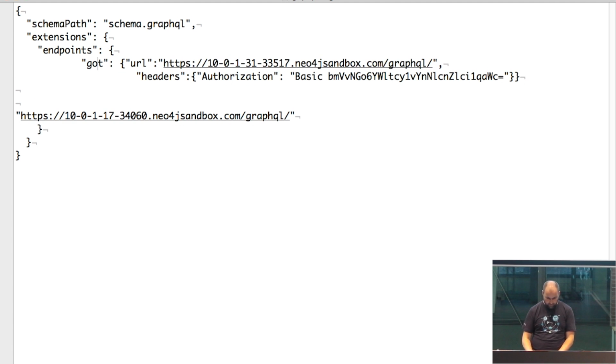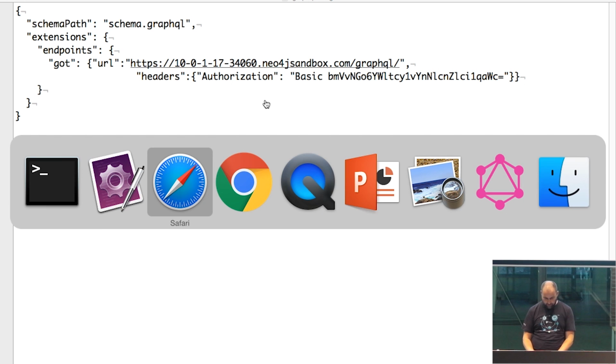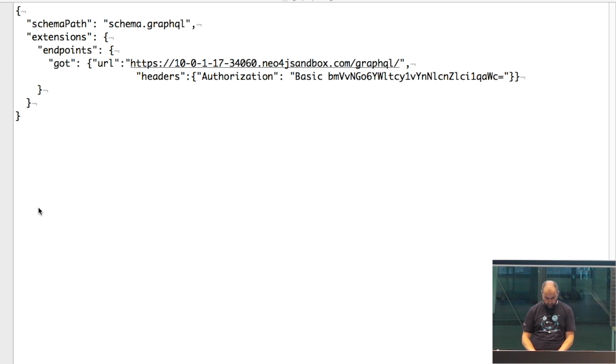So that's a bit tricky. And so imagine this would get set by GraphQL init instead of me manually messing around with this file. Now we have this thing,